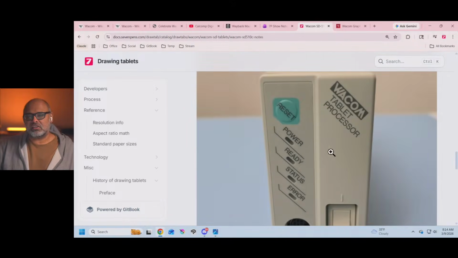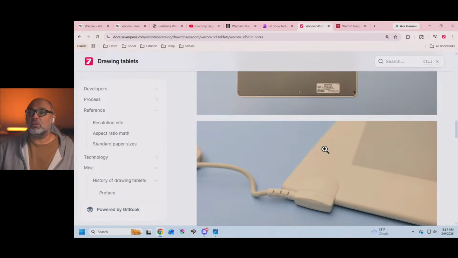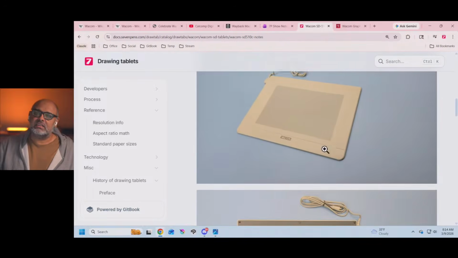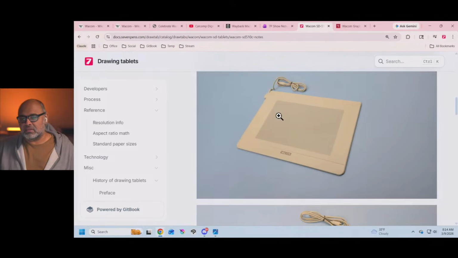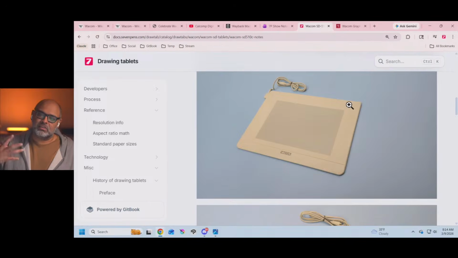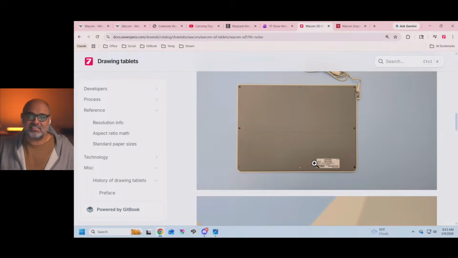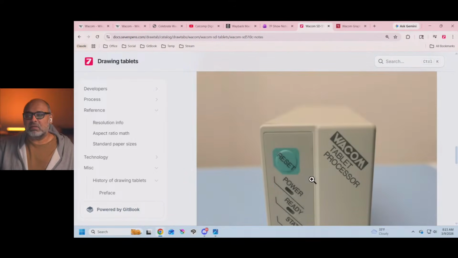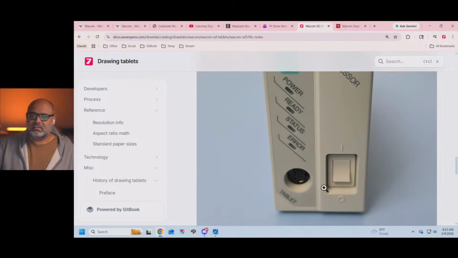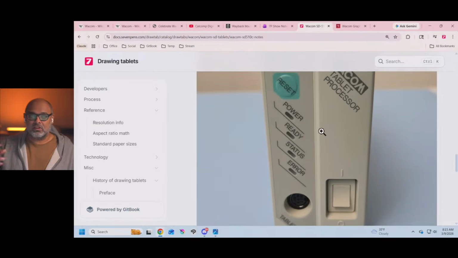Okay, so let's take a look at the tablet processor. You're probably wondering why it's needed. It's needed because not all the SD tablets are like this, but this one's thin. The other ones are really thick. Why are they really thick? Because back then electronics were not as miniaturized as they are today. So to give you a thin tablet, they took the electronics, the brains, and put it in the tablet processor. And this processor did all the things that your firmware does today. So we don't need a simple tablet processor.